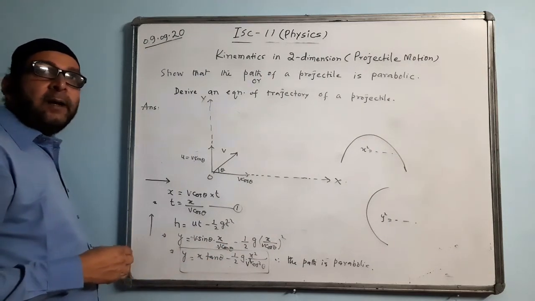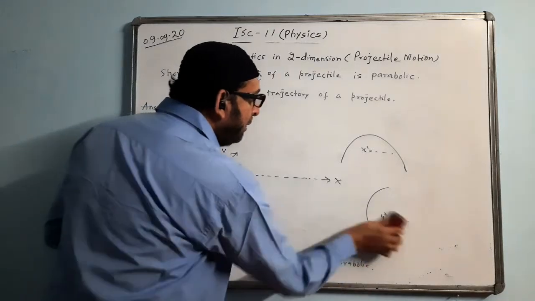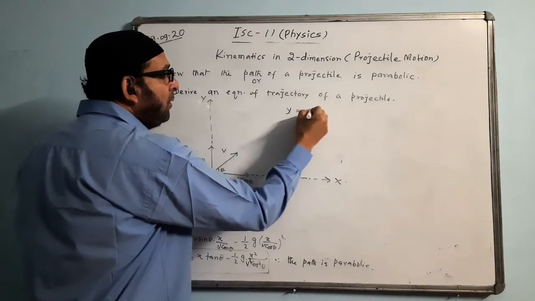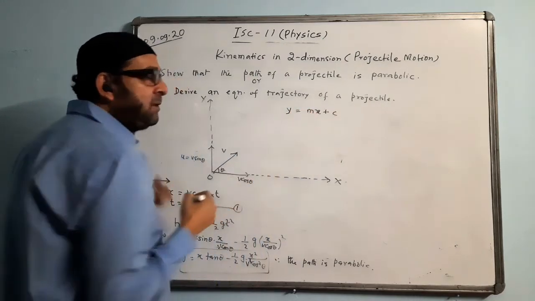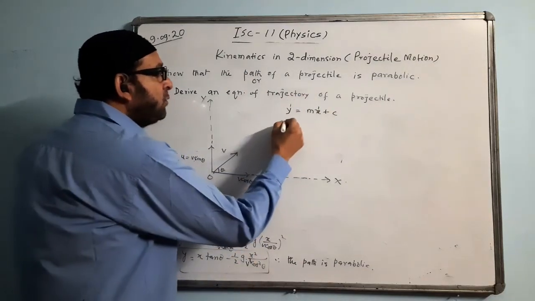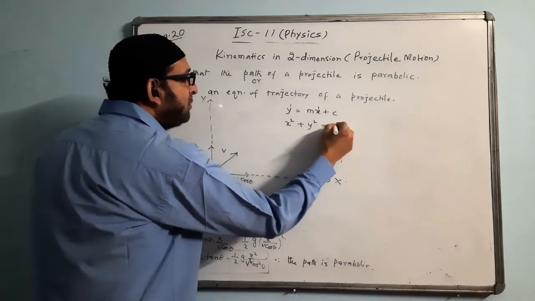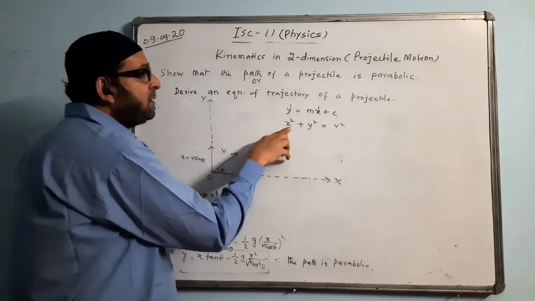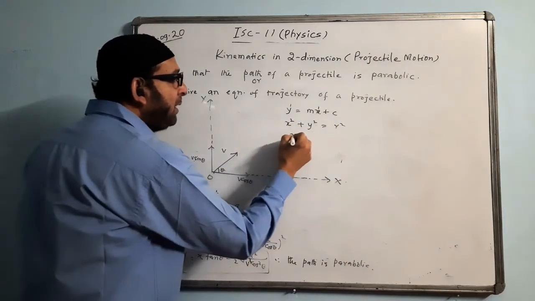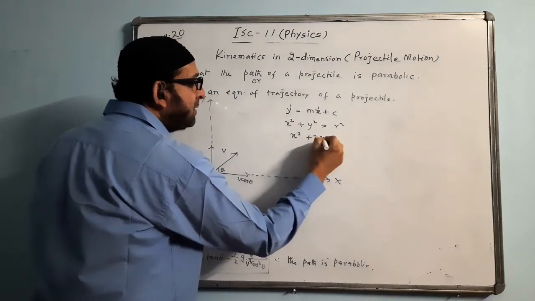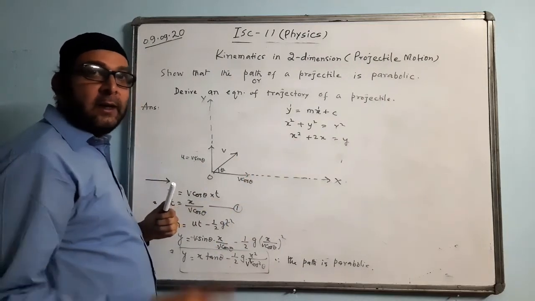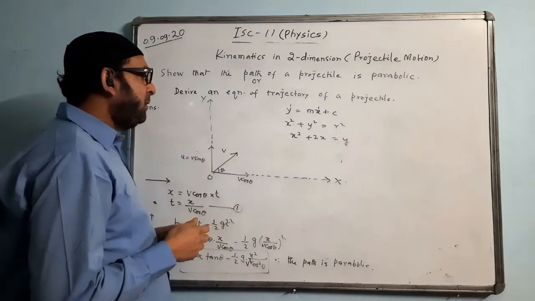I think you have done this in maths, so I'll just give a little idea about it. In coordinate geometry, when the equation comes in the form y is equal to mx plus c, we call it a straight line, because the power of y and x is the same, 1 and 1. A circle comes like this: x square plus y square is equal to r square. A square is coming in both x and y, so it is a circle. But if the square comes in only one of the variables, like x square plus something x is equal to something y, then it is a parabola, either in x or in y.